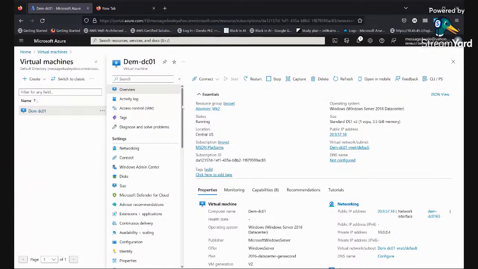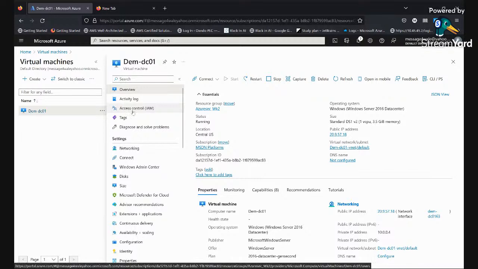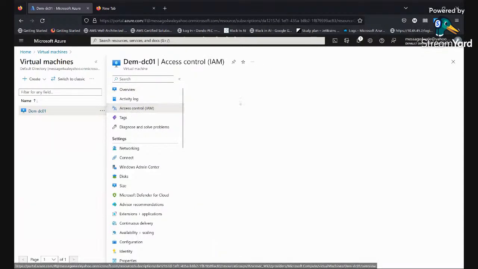So, since that application is not human, the application would be authenticating using the managed ID I had created, and I can come here to grant access to this VM